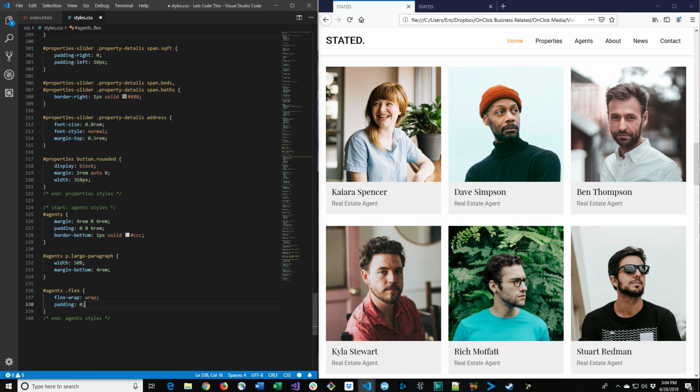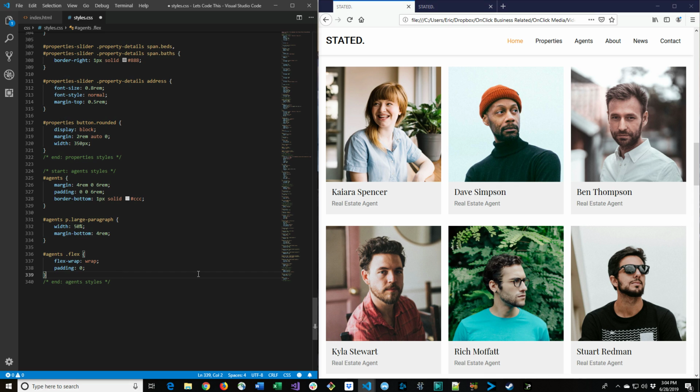If we didn't put flex wrap of wrap, FlexBox would try to put all 6 on one row and squeeze them in there. That's not what we want. So flex wrap of wrap and padding of 0. And then next we're going to do the agents section again, and inside of that we're going to grab each